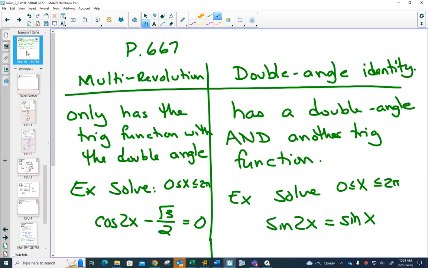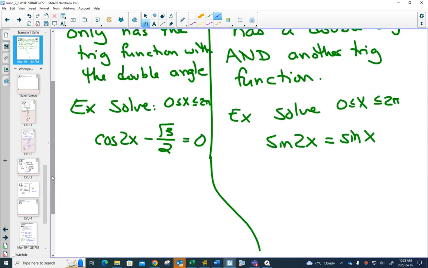So first, for multi-revolution questions, if you have a solving question with a 2x, 3x, 4x, something inside curves, in particular though we're looking at ones that have a 2x in them, because you could possibly use one of your double angle formulas. But if the only thing you have in the solved question, the only trig function you have is the cos 2x, then you will solve this like a multi-revolution question,